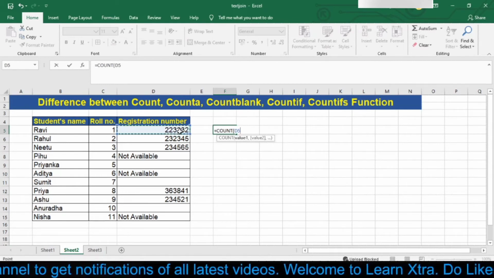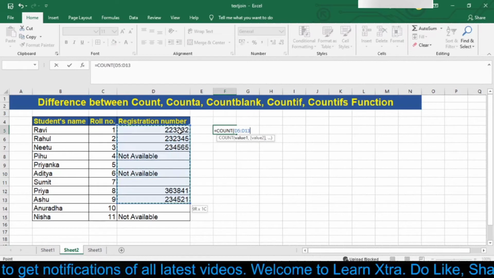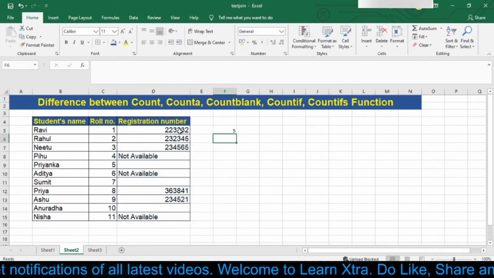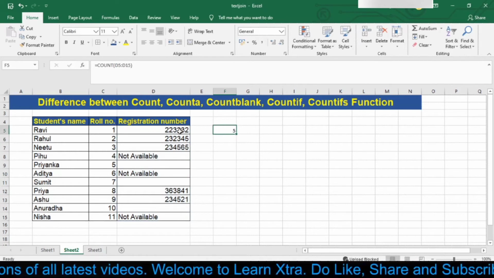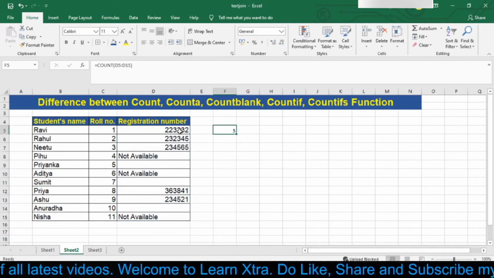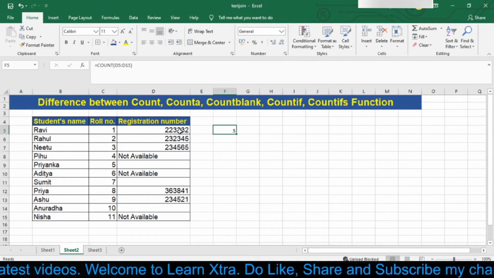Simply type equal to count and then select your region, that is I will select D5 to D15 cell and then press enter.